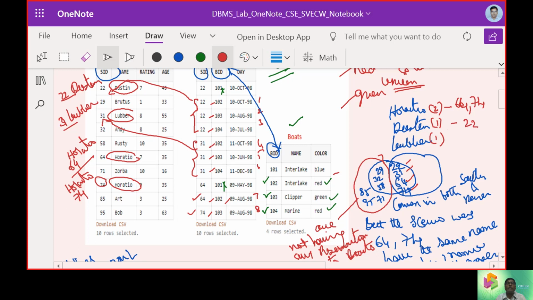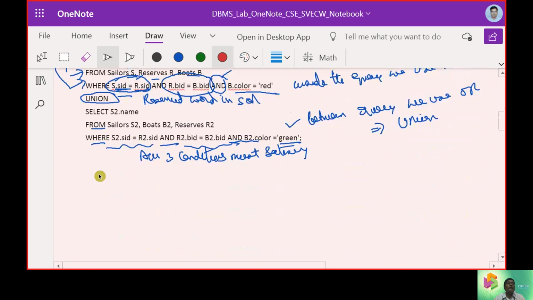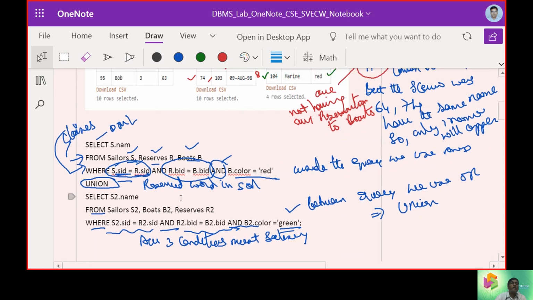Dustin was 22 and Lubber was 31. So in total we get only 4 rows. Now let us bring the 4 rows into our relation. We talked about the union operator and assumed the elements as mentioned.